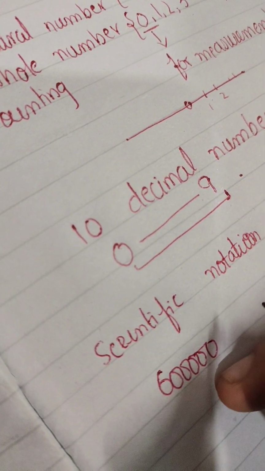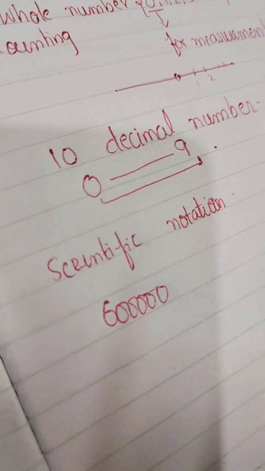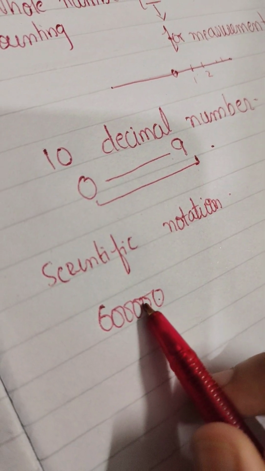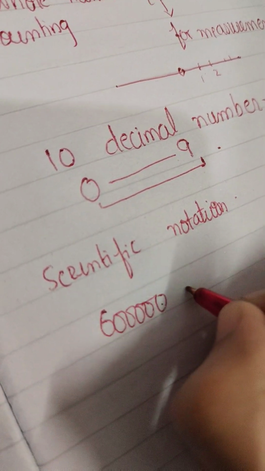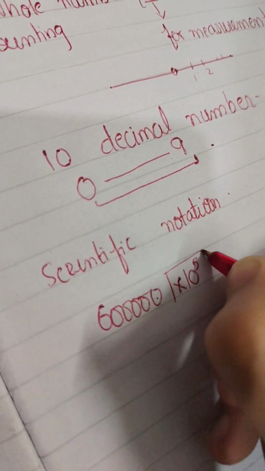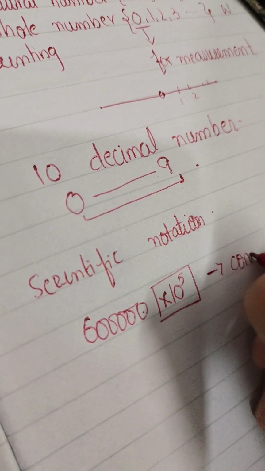this has many zeros. If we would like to concise this, the zeros, how would we do this? We would count 1, 2, 3, 4, 5. We have 10 to the power 5. So this is how the scientific notation works. It is used to concise